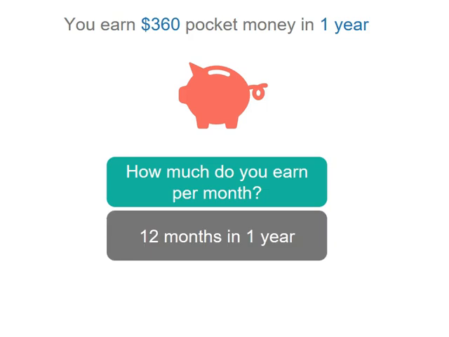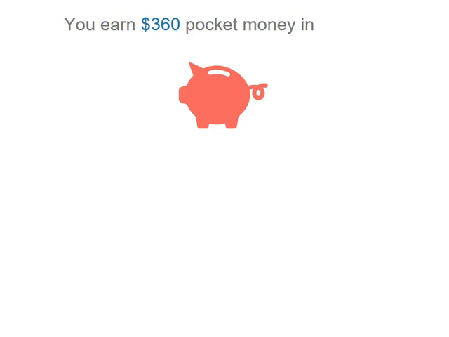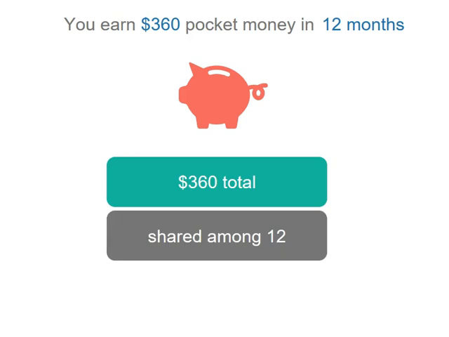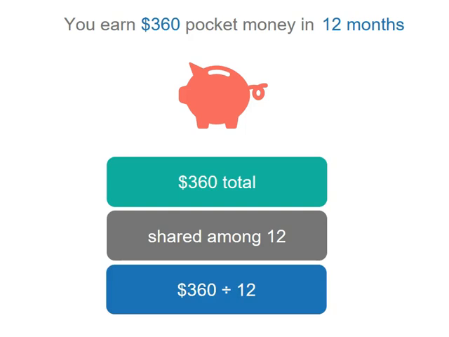So what we need to do is remember that there are 12 months in 1 year. So we have to first actually think about what numbers to work with. So what we're going to do is rewrite our question. You earn $360 pocket money in 12 months. It's exactly the same thing, but now we can actually work out how much per month. Our total is $360. We need to share it among 12, divide it into 12 months. So that means we're going to be solving